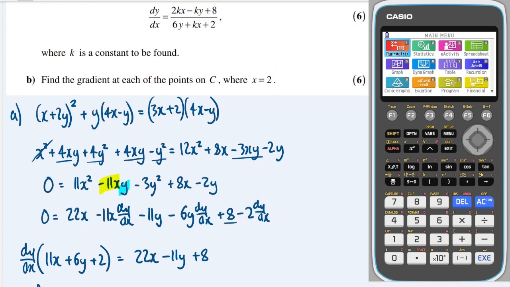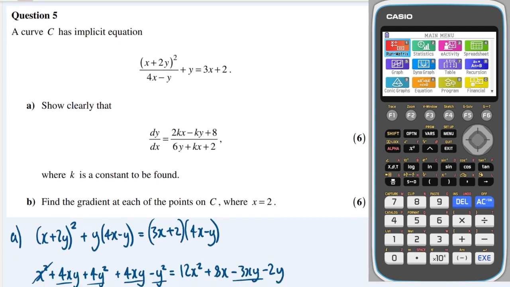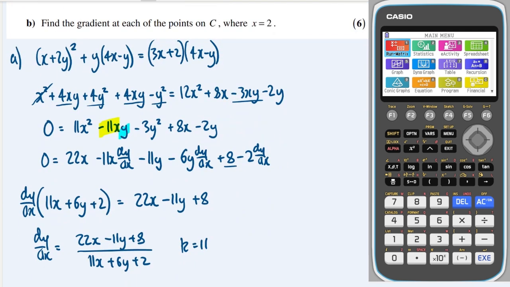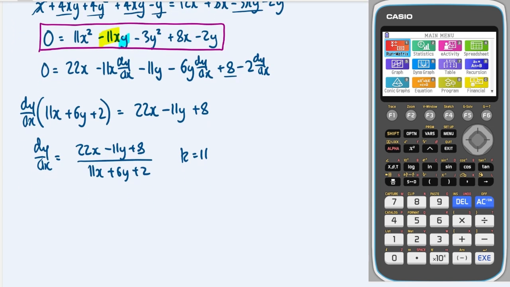Okay, find the gradient at each of the points on C where x equals 2. Right, first I'm going to need to know what the y coordinate is. So let's find the easiest equation, and that will be this one, I think. That's the equation of the curve that we just rearranged by multiplying and then simplifying and setting equal to 0. So that's going to tell me what the y coordinates are when the x coordinate is 2. So part B, x equals 2